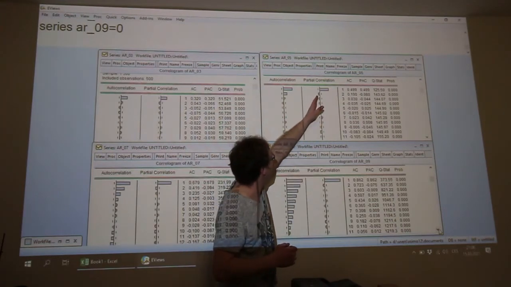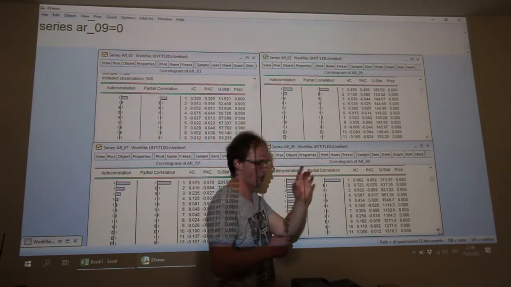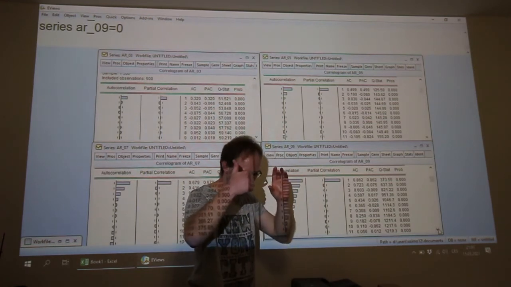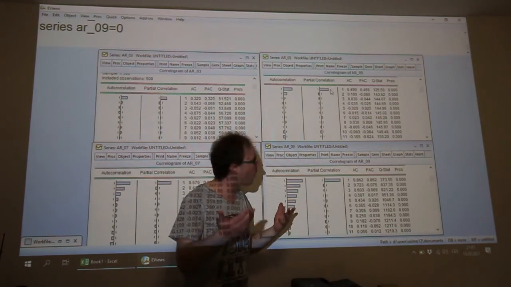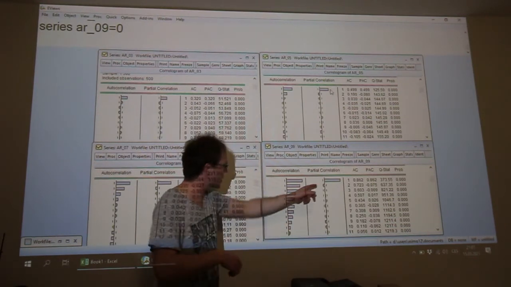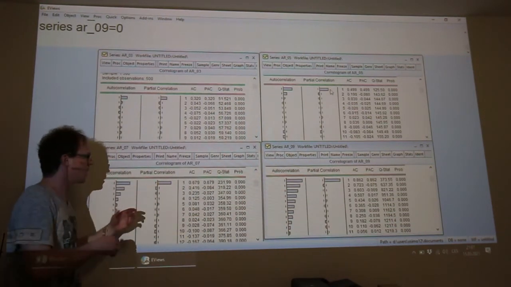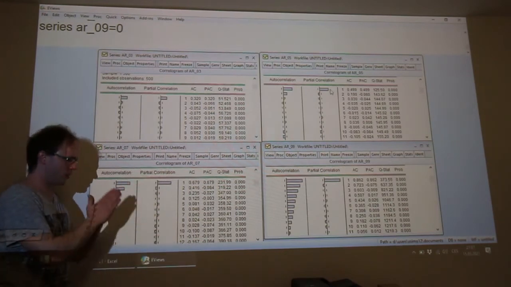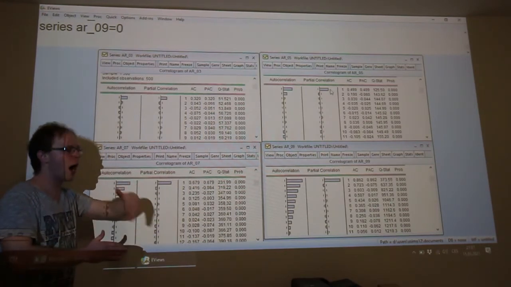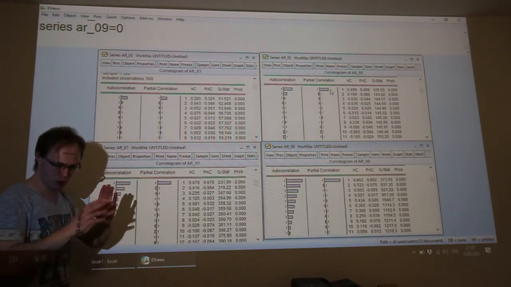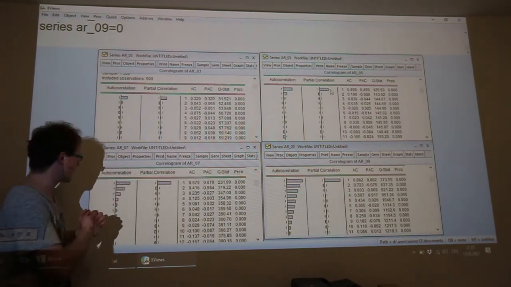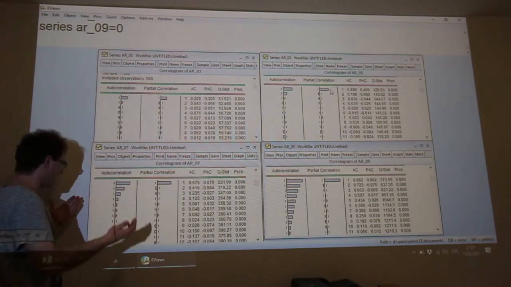And here, in the case of the partial autocorrelation function, the only coefficient which is higher than the toleration bound is the first one. Yes? The first one. So this is the proof that we have here an autoregressive process of the first order. Yes, autoregressive process of the first order.